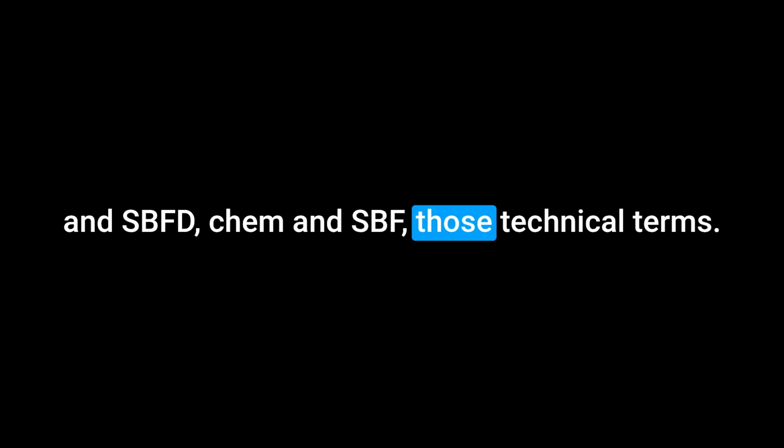DKIM and SPF, those technical terms, why are they important? Yes. For you, the listener, these are essentially digital signatures that prove your emails are genuinely coming from your domain, not a spammer or phisher pretending to be you. Setting them up correctly is becoming absolutely critical for getting past the increasingly strict spam filters of major providers like Gmail and Yahoo. Aweber's recent updates, as of June 2025, have reportedly made DKIM setup and DMARC setup, another layer of authentication, easier than ever to comply with these new requirements.